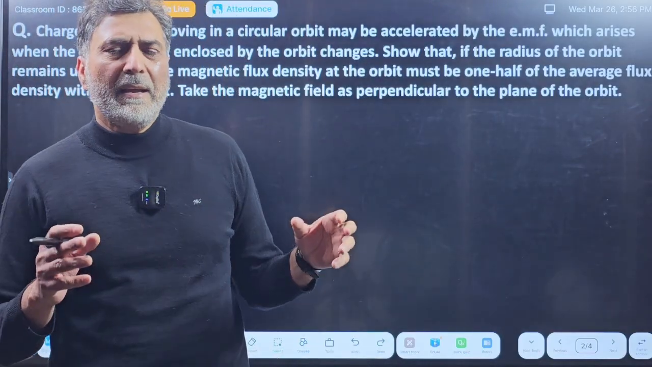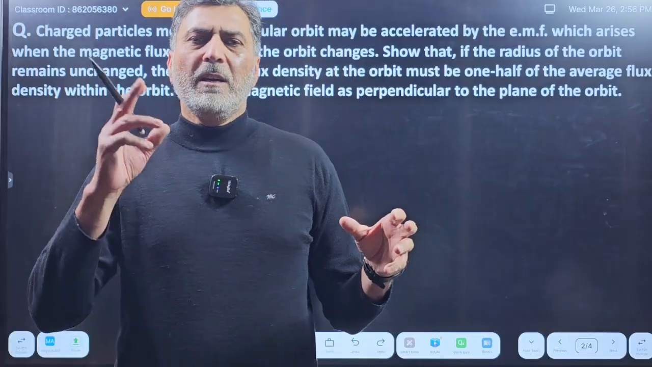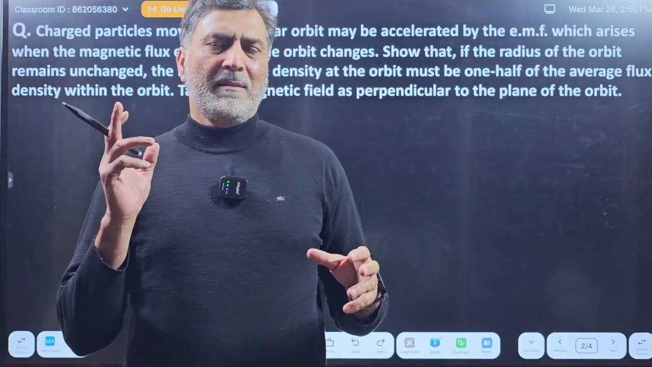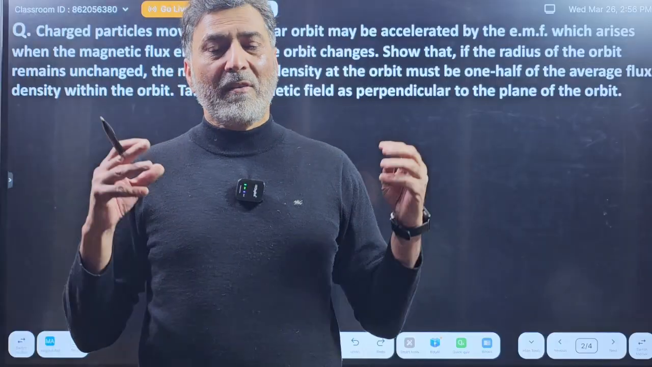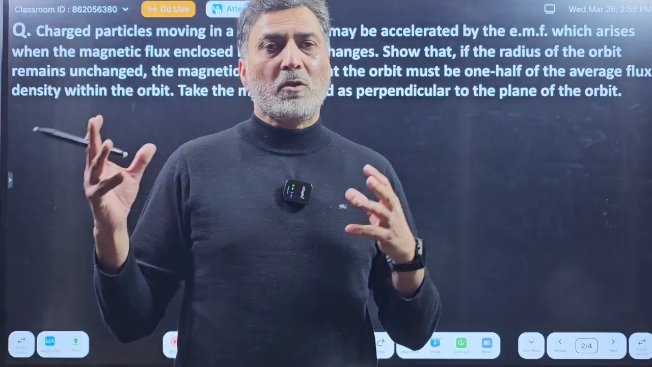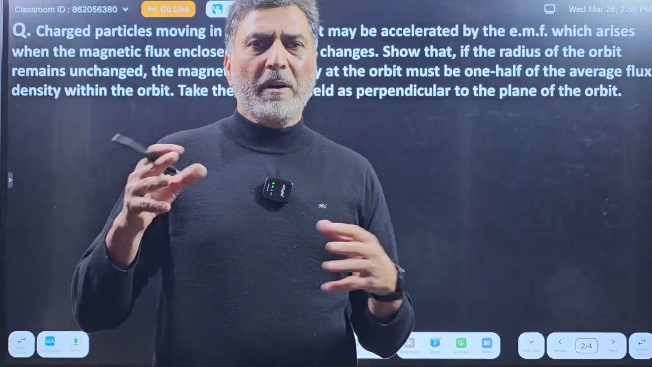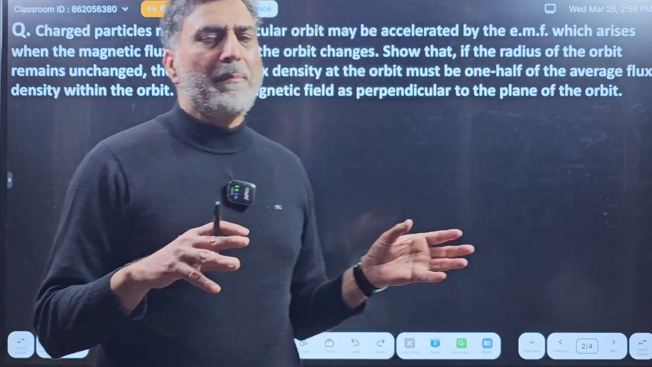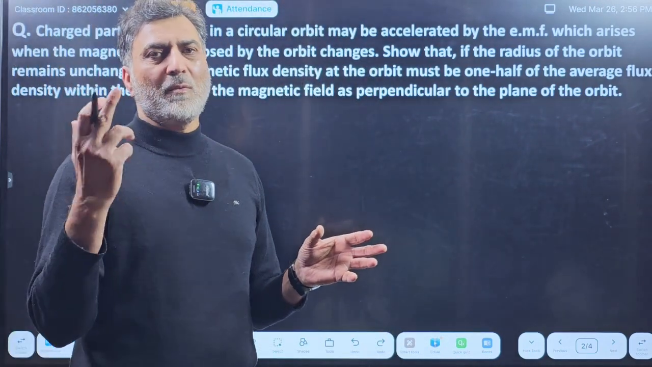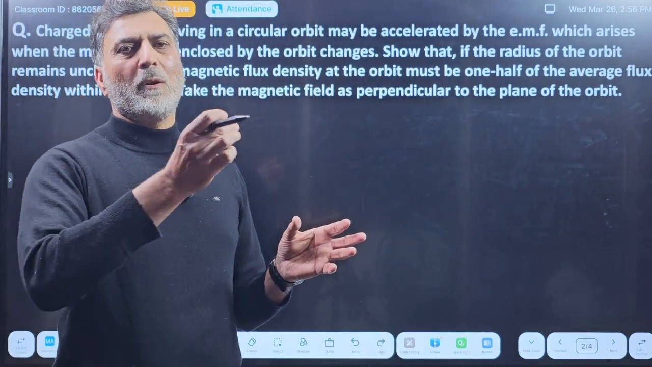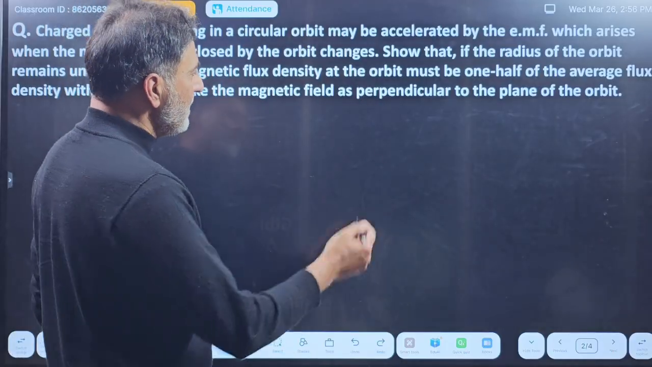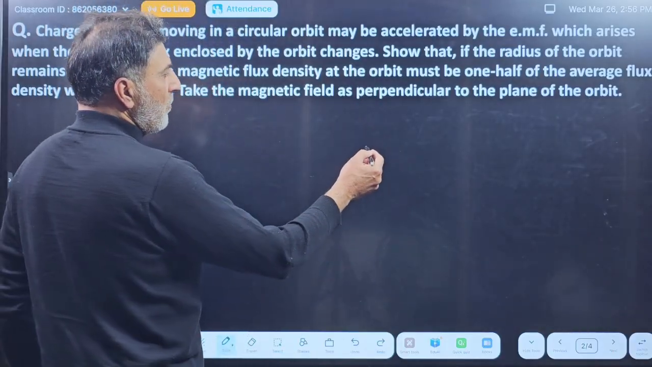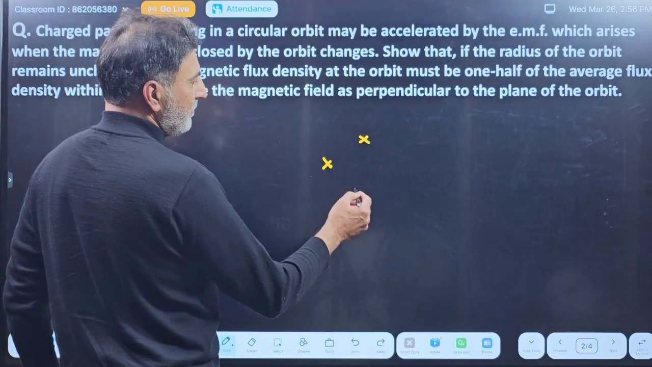The question is something like this: we need to accelerate charged particles in a varying magnetic field. As you know, a varying magnetic field or varying magnetic flux creates induced EMF. Before that, it produces a circular electric field, and by integrating the circular electric field you get the induced EMF. So the question is something like this. You see, if we have a magnetic field like this,